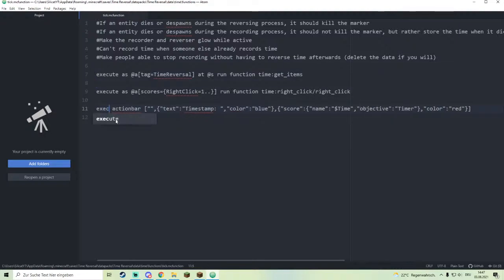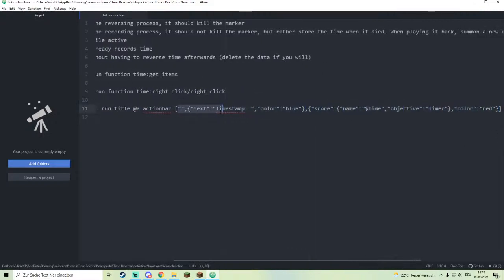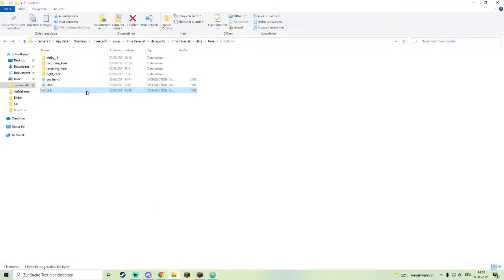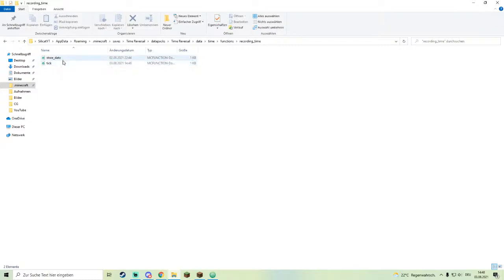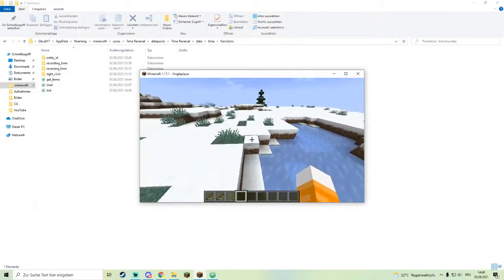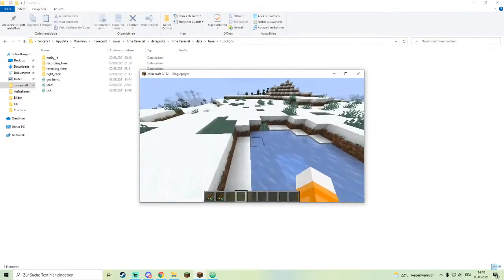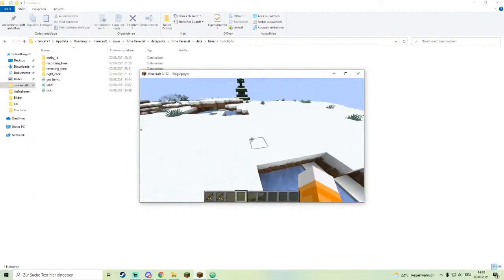Okay, so execute if score timer matches 0 or more, run title at A action bar, title at A. I might have to add another tag when starting to record time and when starting to reverse time. Yeah, because right now I have two tags basically, but I want them to have a tag as well for manipulating time so that I can use a selector